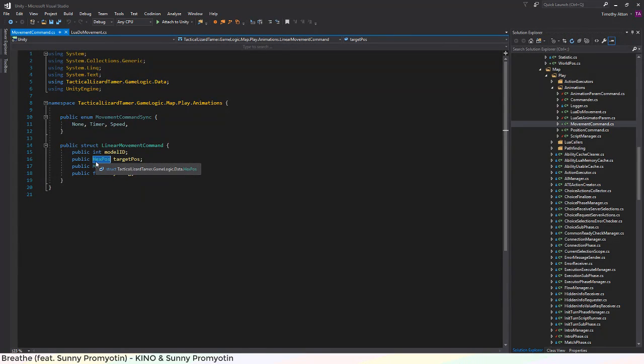Maybe we should just allow setting both, then choose which one to actually use. Because I could just use a vector 3 here, but then whenever something sends a linear movement command, we'd force it to have to know how to convert a hex position into the world position, which I guess is not that big of a deal, but